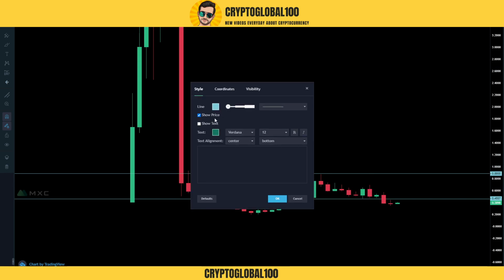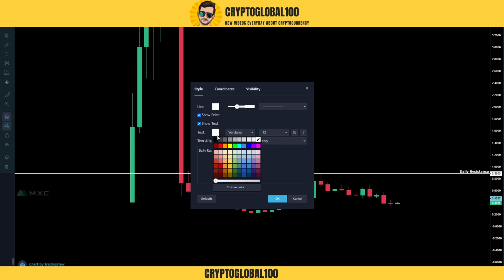I'm going to name it the daily resistance. Okay, I'm going to name it daily resistance. That would be good. I'm going to make it on the top, and the white text would be good as well. Okay, and this on the right side. Okay guys, this one is a daily resistance. I'm going to make it white as well, this one as well. So this is the main